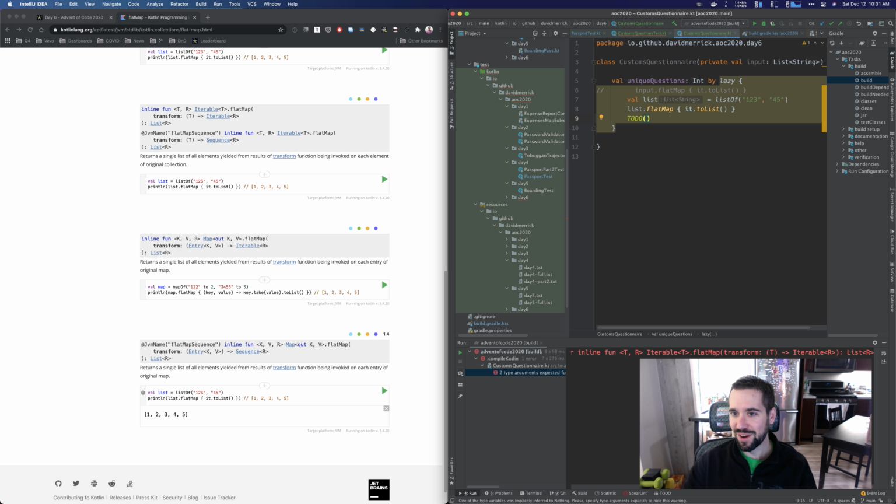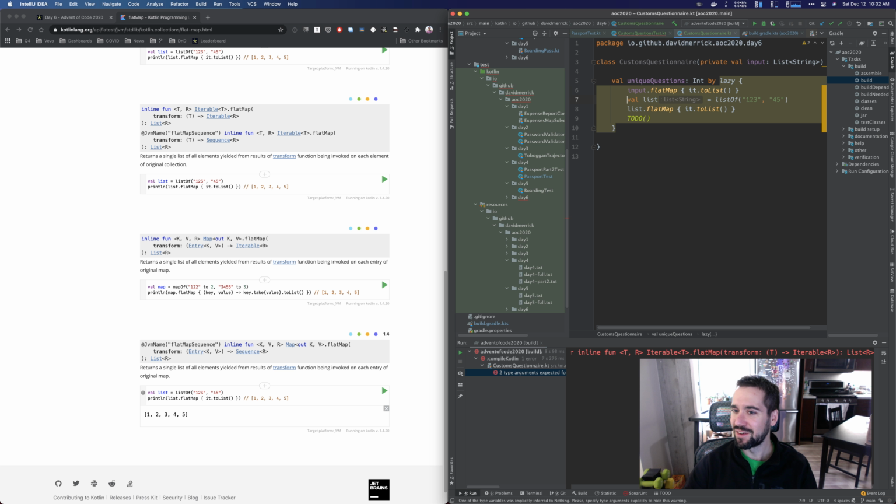So I don't know. I don't understand what the difference is between this list, which is a list of string. This is taking a list of string, which is what I'm passing in here, and then flat mapping it to a list, and the compiler's perfectly happy with that, and yet, oh,